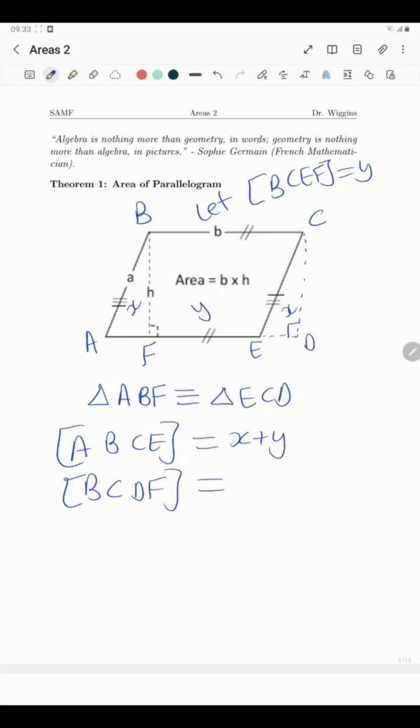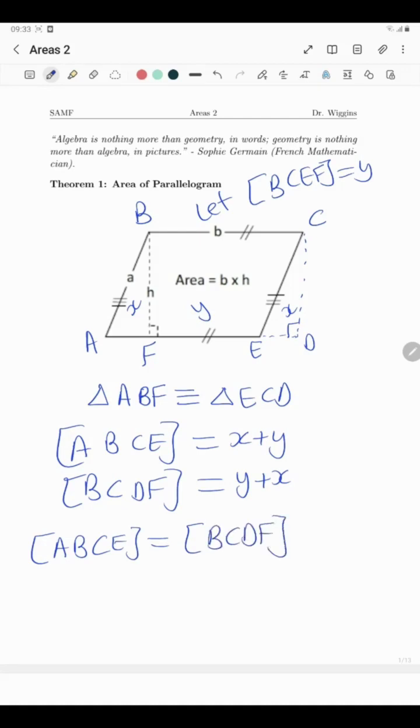So quadrilateral BCDF can be broken up into quadrilateral BCEF and triangle CDE, and that is also then Y plus X. And so we see that therefore the area of parallelogram ABCE is the same as the area of quadrilateral